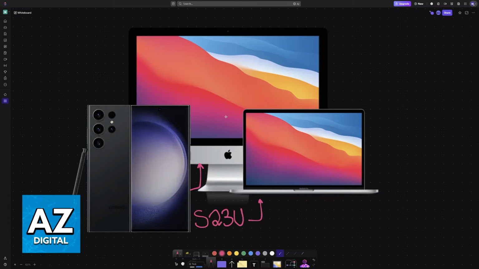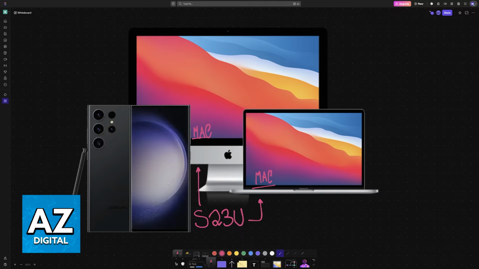In this video, I'm going to teach you how to transfer any files that you have on your Samsung S23 Ultra to a Mac. So in order to establish this connection, you will need a USB cable and you need to download an additional tool. So natively, you will usually encounter problems if you just do the USB connection.